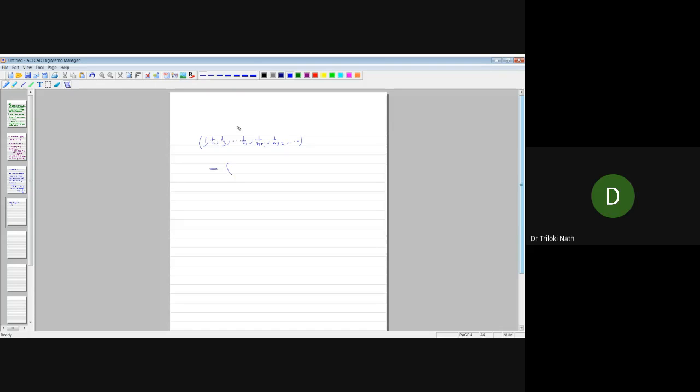And this is equal to the first term alpha 1, 0, 0, 0, plus 0, alpha 2, 0, 0, 0, plus similarly 0, 0, alpha 3, then 0 everywhere, plus the nth term, everywhere 0 except at the nth place, and then again 0, 0, 0. If you add these vectors component-wise, what do you get? Alpha 1, alpha 2, alpha 3, and so on, alpha n, and after that everywhere 0. So are these two vectors the same? No, these two vectors are not the same.